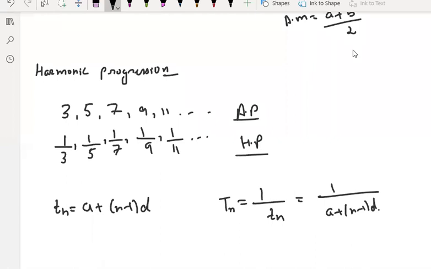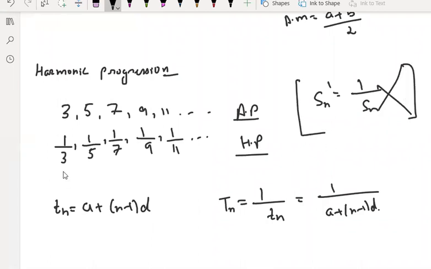So can you find this sum? No, I cannot find this sum. You cannot find the sum of HP. Obviously we can, right? But we won't be studying the sum of harmonic progression because it is not 1 by Sn. Agree? Tell me, guys, it won't be 1 by Sn. It's wrong. Got it?